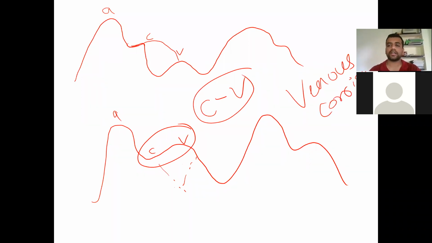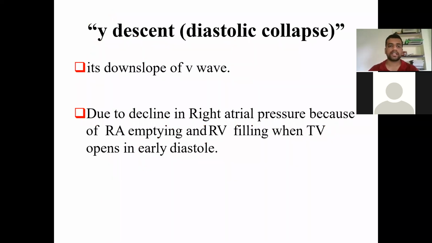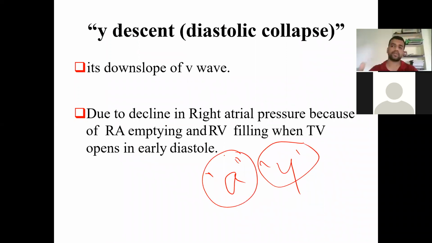It is also called venous Corrigan's, or Lancisi's sign. This Corrigan's word is going to be confusing, because you also have the water hammer pulse or Corrigan's pulse. So don't confuse the arterial Corrigan's pulse with the venous Corrigan's. This is important here. Then the Y descent, as we saw yesterday, is the last part, due to the opening of the AV valve. The causes for a large A wave as well as a slow Y descent are the same, because the mechanism involves the same pathway where the blood is going to pass.